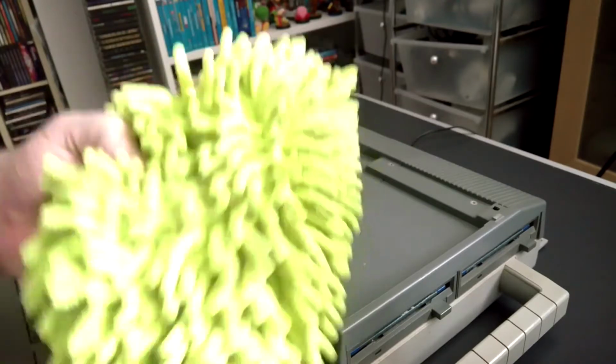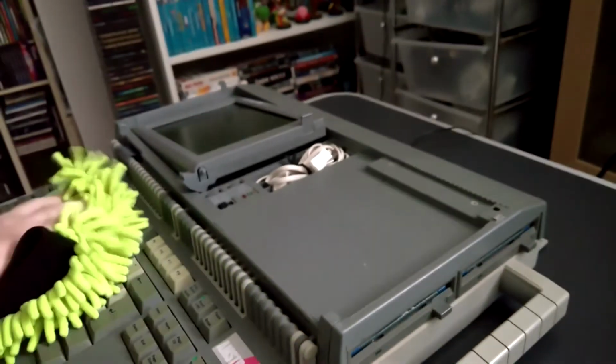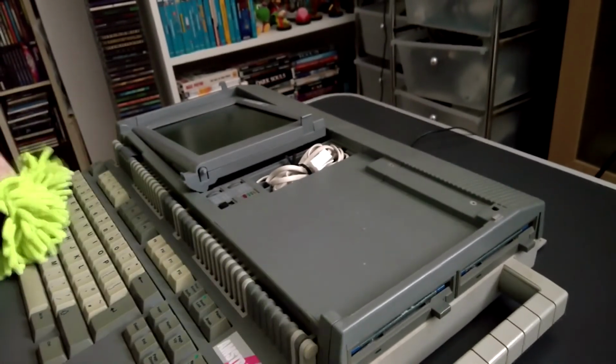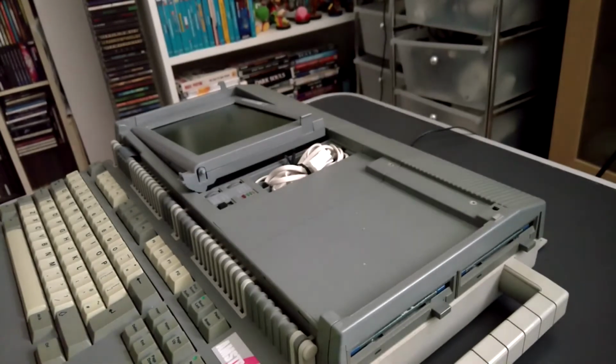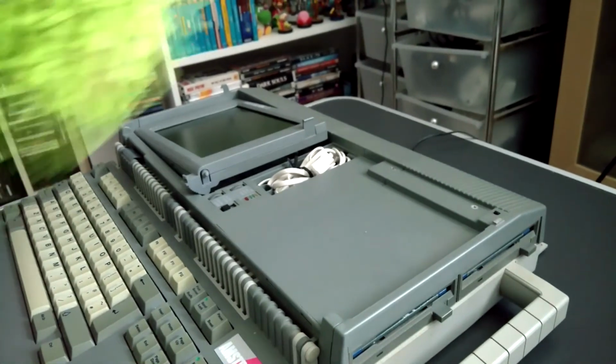Now, I use this weird green hand thing that I bought many years ago. It's got these little dangly bits that get in between keys and into vents and stuff really easily, and you just spritz it with a bit of window cleaner or water, and it does a great job on cleaning up this sort of hardware. And for the more stubborn stains,